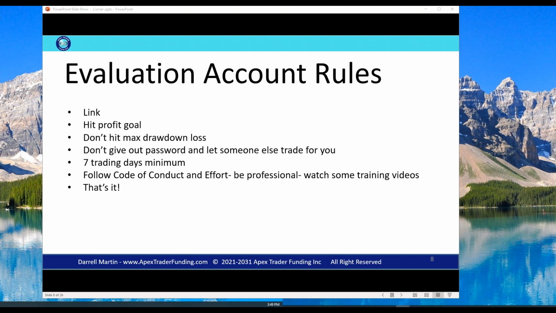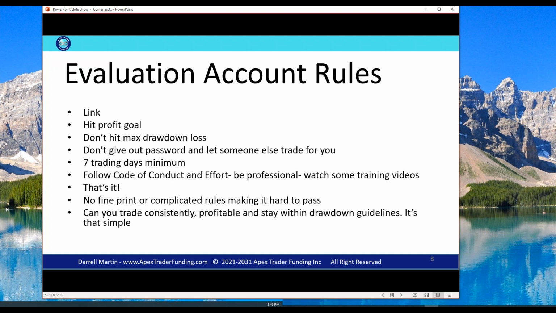If you see a company that has a rule that actually would hurt a trader, why is it there? Ding, ding, ding. You got it? That's it. That's how you figure out who's good, who's bad, okay? These are our rules. This is how you pass an evaluation account. This is how you move into a funded account and start getting a profit split.